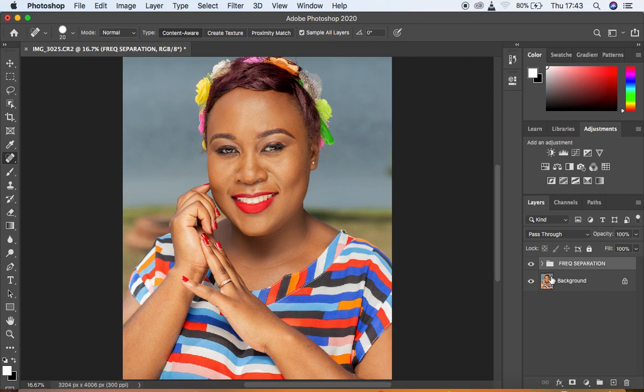So after doing so, you're going to open this group, and before you can do that, let's turn this on and off to see if at all there is a difference between the original image and the frequency separation group. So there is no difference at all. So what we're going to be doing basically, we're just going to open this frequency separation group, and remember, we just want to blend the skin tones, and in order to blend them,